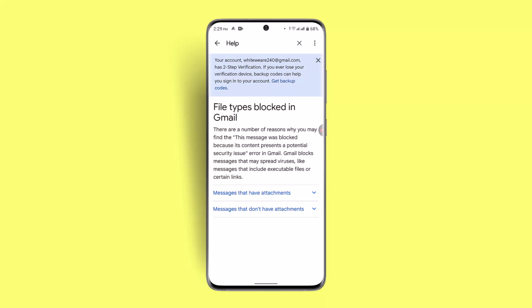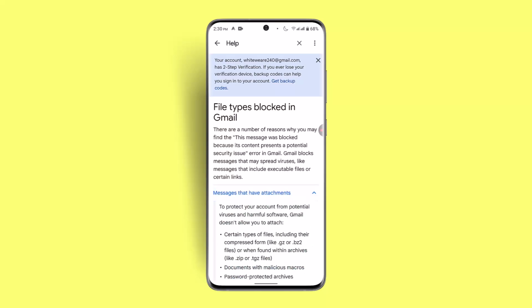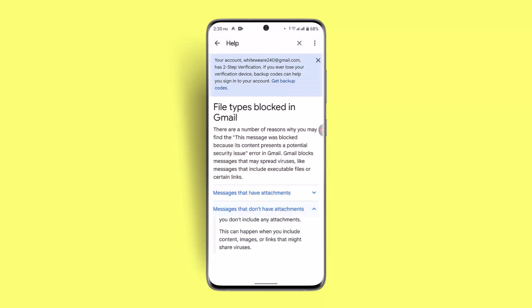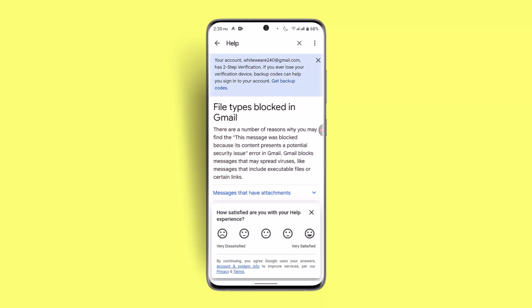Now Gmail blocks messages that spread viruses, like a message that includes executable files or certain links. At the same time, messages that have attachments as well. You could go and read about all of these and see whether you have any sort of familiarity with the message as well. If that doesn't seem to be working out, what else you could also do is